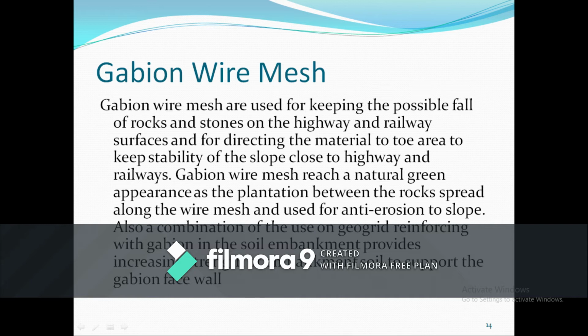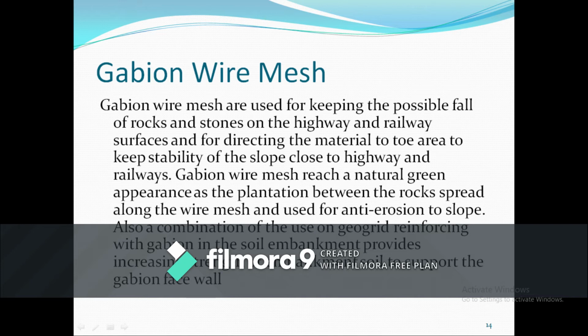Because of this laying, if there is some rock material or stones coming down, they will come down and be laid nearer to the toe of the mountain. Because of this, the stability of the slope will be there, and there will be no hindrance for highways as well as railways.